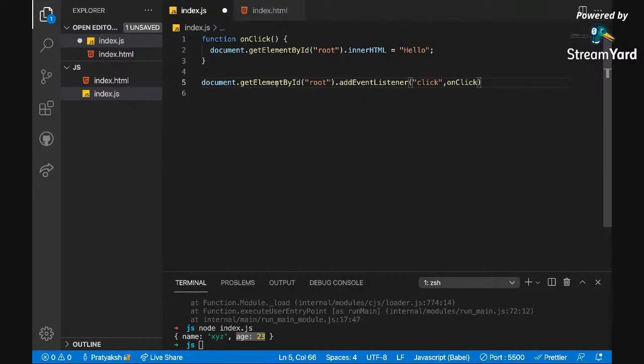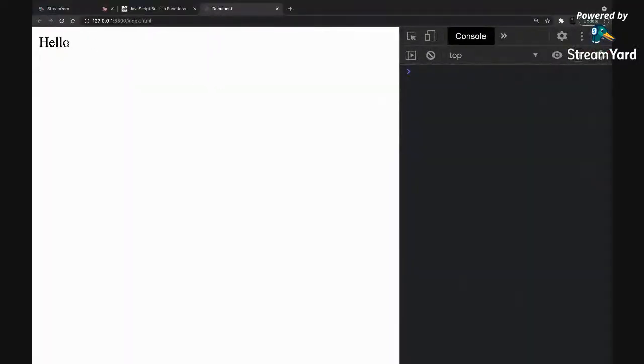Is this clear? With document.getElementById I have the element, and on that element I am adding an event listener of click, so whenever the element is clicked, you will run the onclick function. Now let's just test it out.